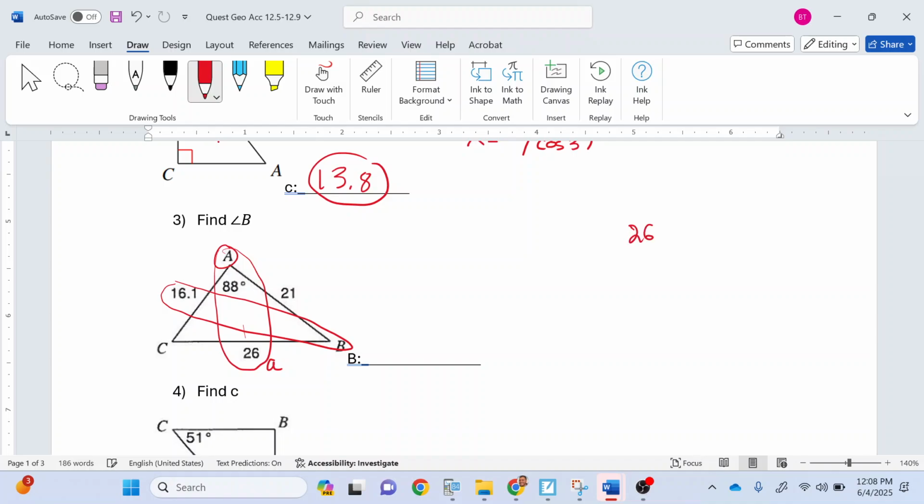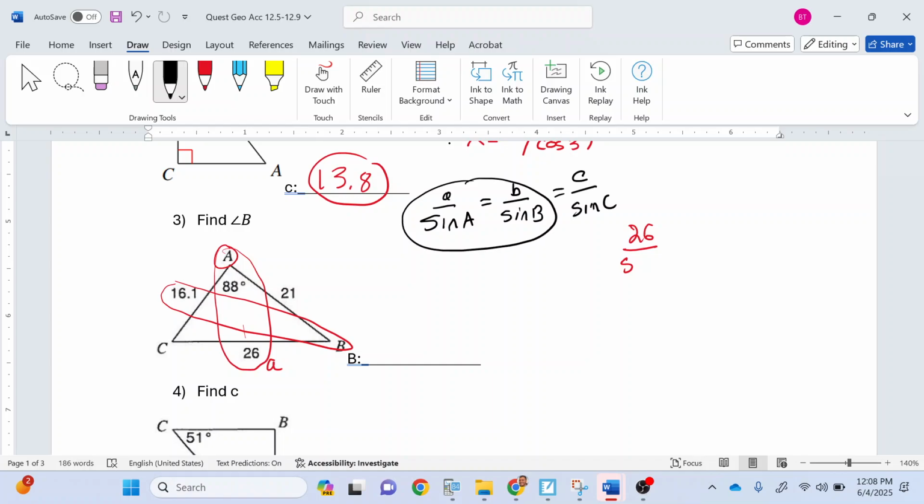Let me write the formula first. It's going to be lowercase a, the side of A, over sine capital A, equals lowercase b over the sine of B. If you look online, sometimes they put the sine on top versus bottom. It doesn't matter; it still works regardless. Since we're looking for B, we use this pair. It also works for C, which is lowercase c over sine C, but I only use these two at this moment. So 26 goes with sine 88, and that equals